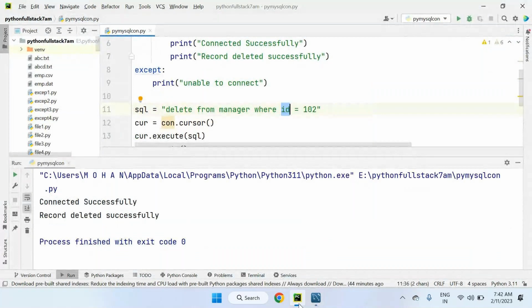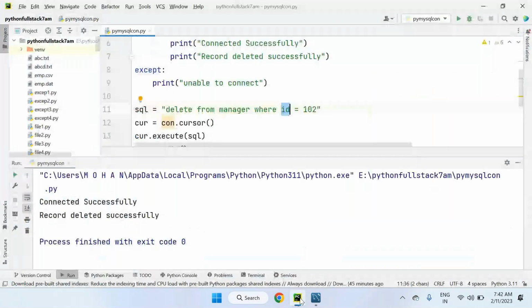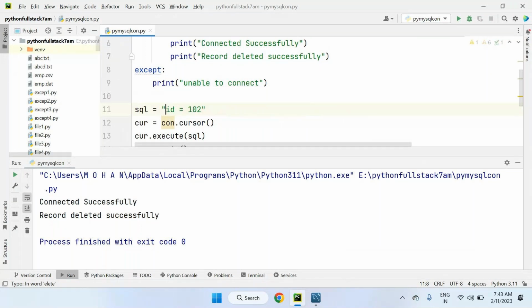Someone wants to change the details of name as well as address as well as salary. If they want to delete all that, they can also modify the details, not a problem. So after deletion, updation is required. For updation purpose, what we need to do is simply pass the update command here. So let's try to pass that update command here. So update